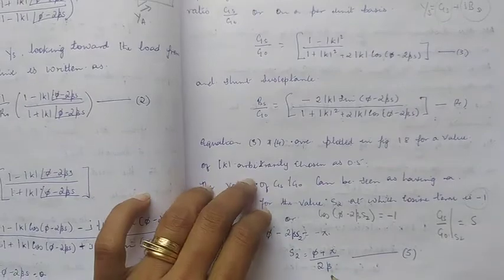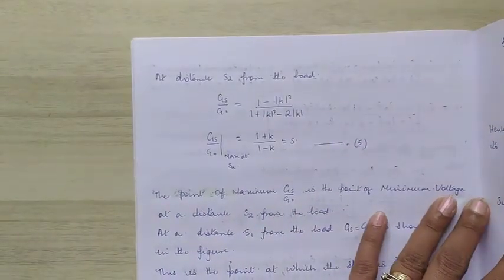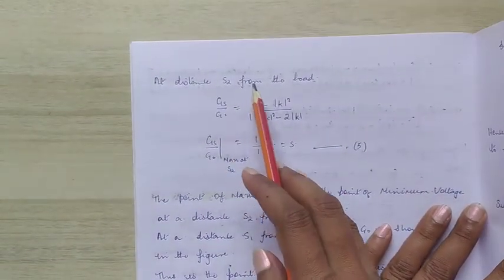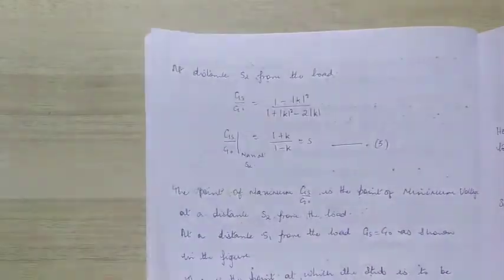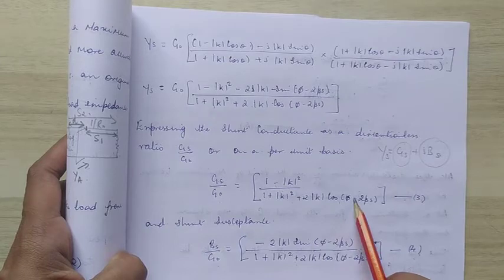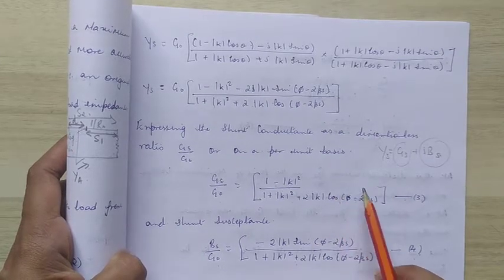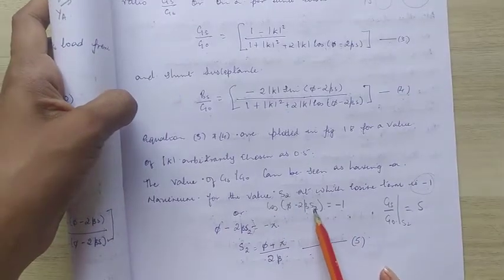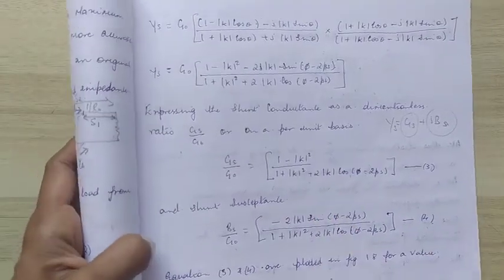So we've got this equation. Now our next task is to find the equation at a distance of S2 from the load. Go back to equation number 3, and this term is going to be equal to minus 1. We've already seen that cos of (phi minus 2 beta S2) is going to be equal to minus 1. So substitute that back into this equation, and we get